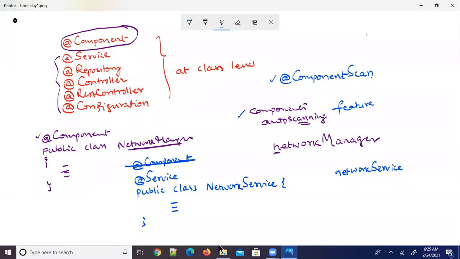Suppose I would like to register this NetworkService bean in the Spring container with an ID as nService. Then you can just pass that value to this annotation. You can pass that as a value to this annotation.